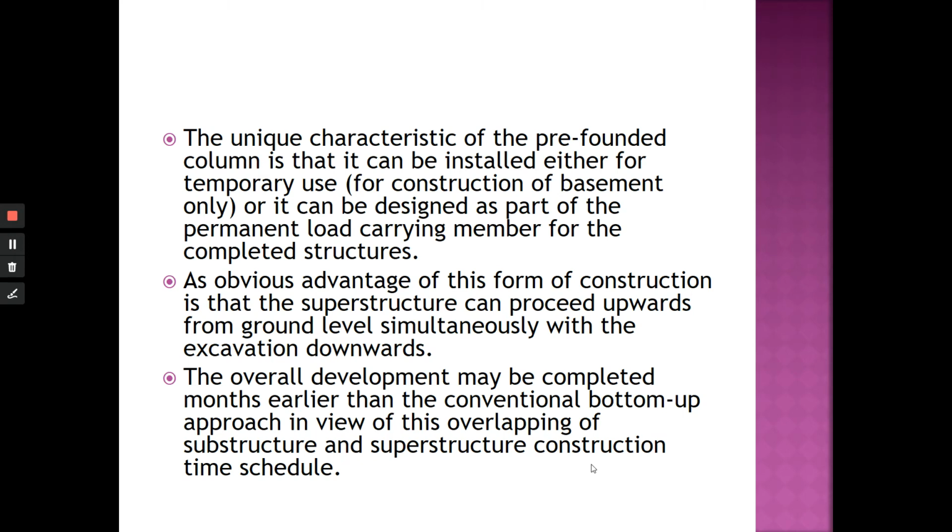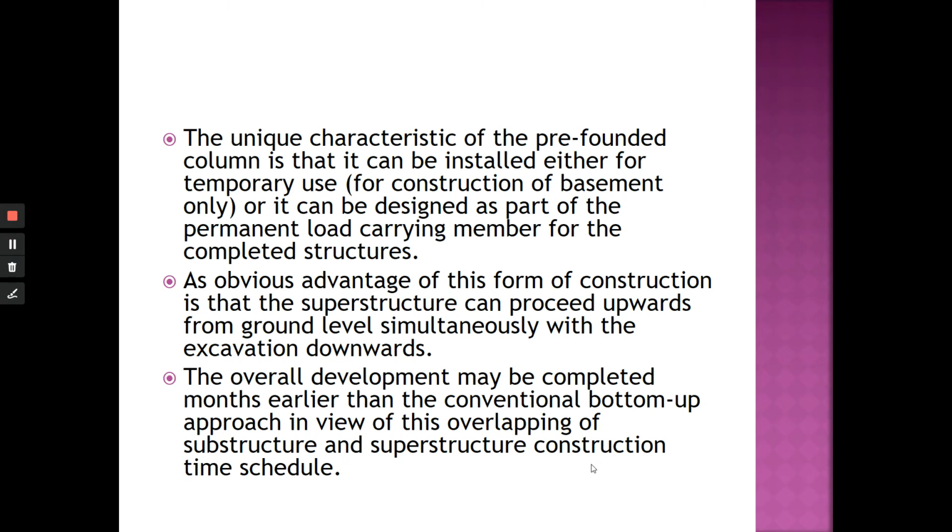Sekaligus. The overall development may be completed months earlier, cepat, especially in areas like the KL area, like I told you, Ampang, KLCC area, because you have traffic. You need to have traffic control. DBKL normally will ask you to speed up the construction project.